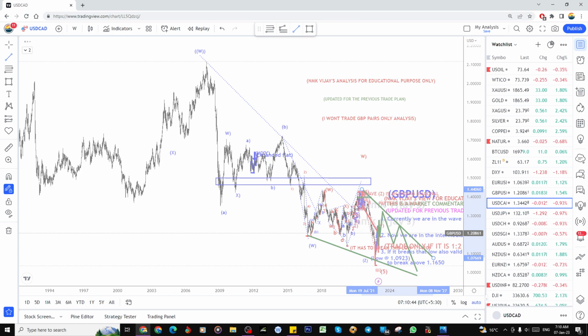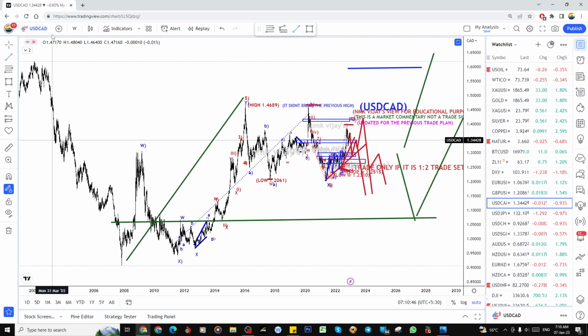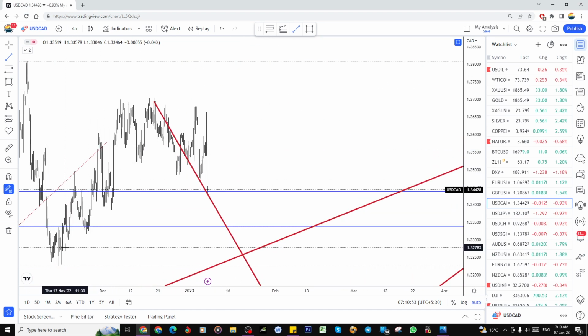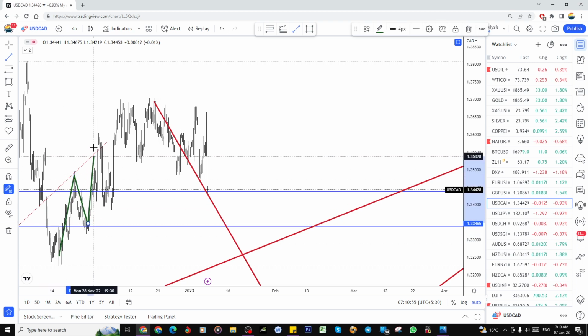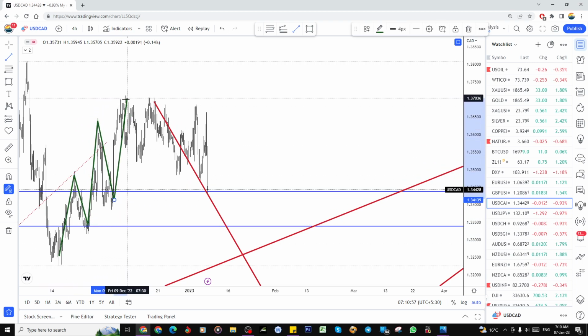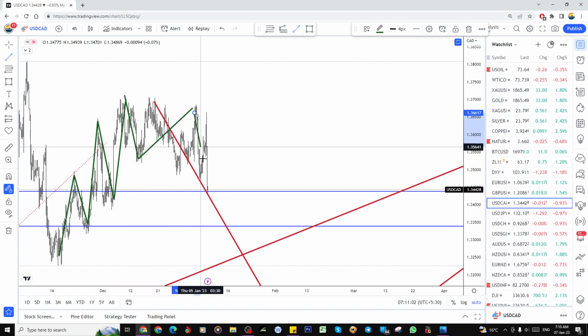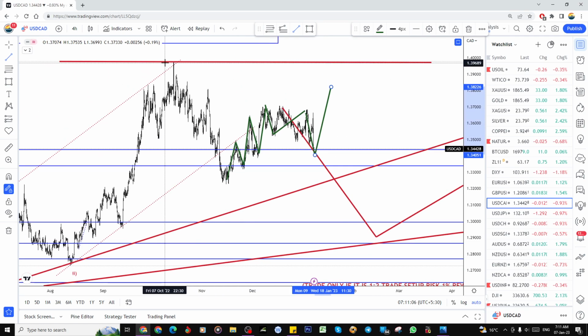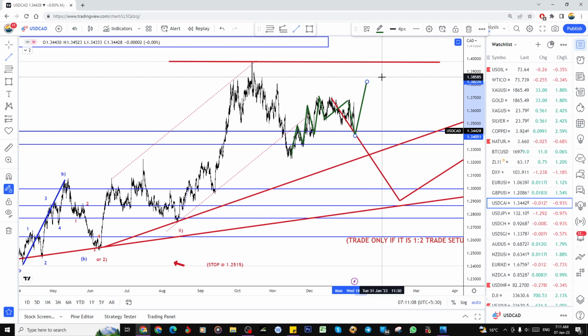So let's move on to the USD CAD in that 4-hour chart. Look at this. This is somewhat looking like 1, 2, 3, 4, 5. It has completed, and the irregular flat formation has completed, and one more high. Whether it is going to break or not, I don't know. So if it breaks the high, still we are in the uptrend. Otherwise, there is a chance for this pattern